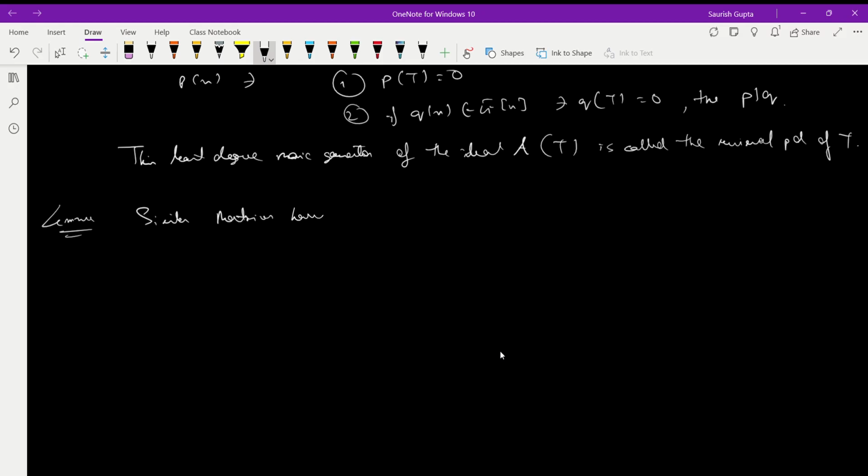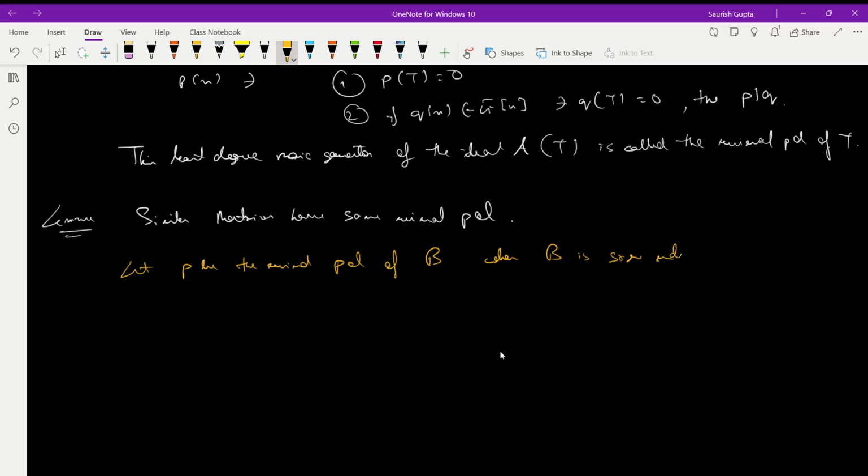Clear? Now, when we studied the concept of characteristic equations, we had the fact that similar matrices have the same characteristic polynomial. So we have a related lemma that similar matrices have the same minimal polynomial. So how can we prove this fact? Okay, so let p